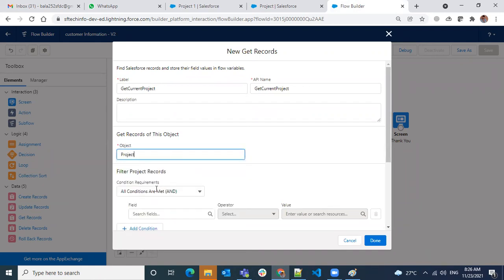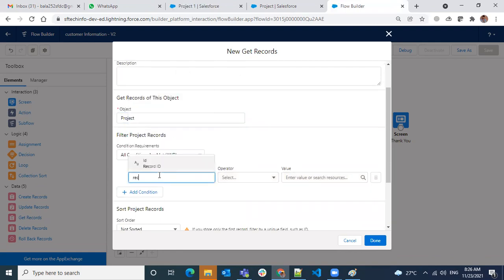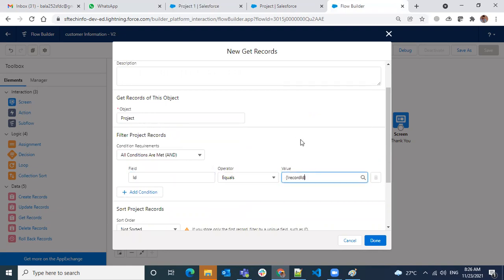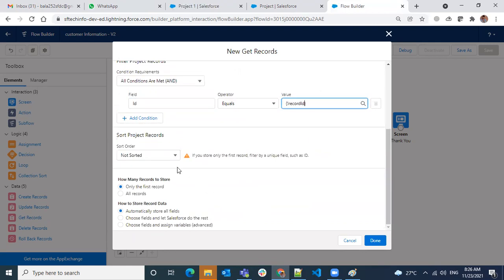Select called a project, and then the field record ID should be equal to whatever the variable is that I have for record ID. Obviously there will be only one record. If you are querying multiple records, then you have to select all records. In this scenario, it doesn't matter for me, only one record, first record or all records, both will give me the same thing. So this one, automatically store all fields, means you don't need to mention which fields you need